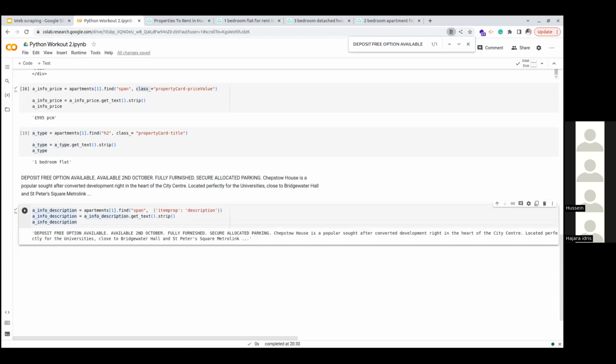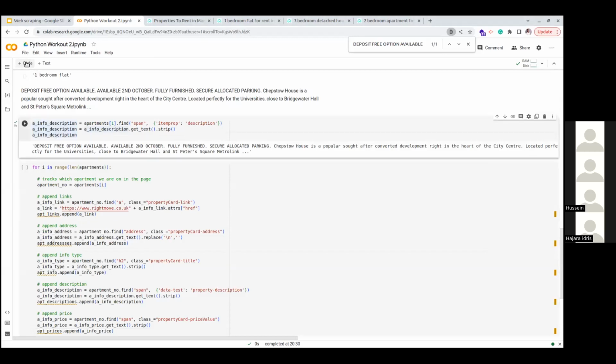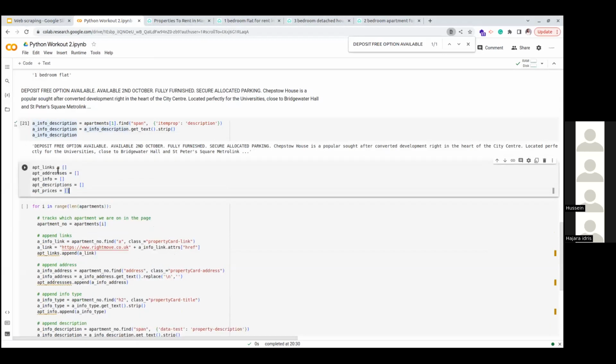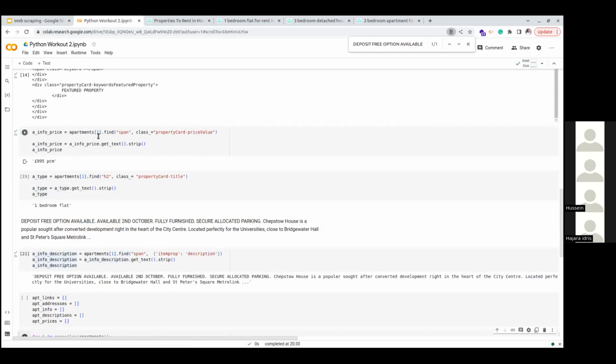I'm just going to show us the code that I've used to do everything. I'm going to paste it here because I know you people want the notebook. So what I've done is I just created empty lists so that I can append the details for each of them. And you can see what I have here is a for loop. This for loop goes through each of the apartments. Remember, this one, I'm picking just one.